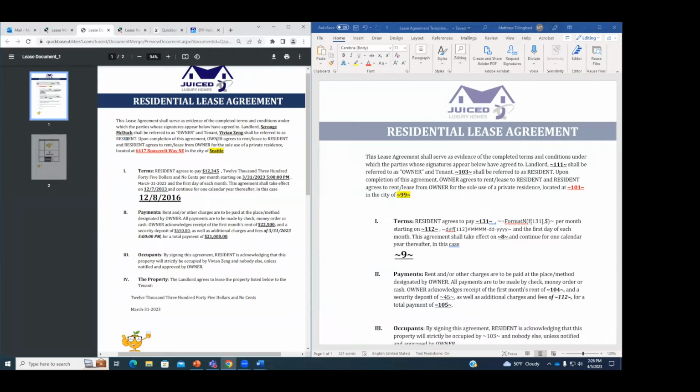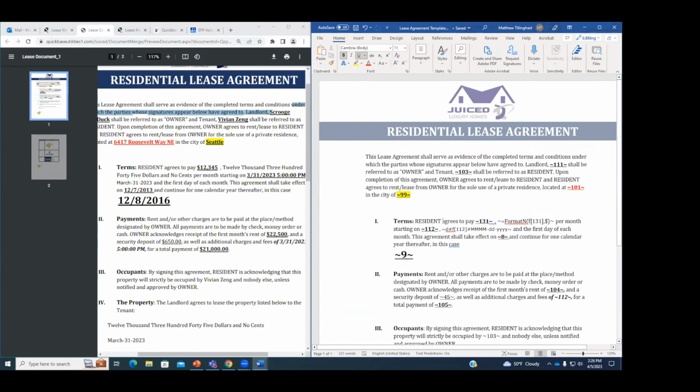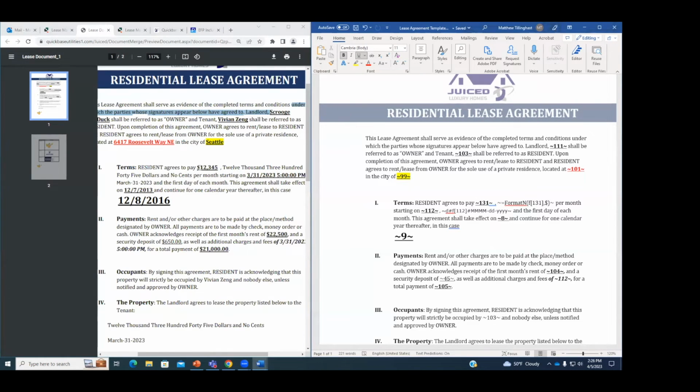Thank you. So yeah, here's just a quick preview of it side by side. So you have our text, we have our underlined and bolded text, that's our field 111 there. We have our 103, which is a name field. We have 101, which is our address. We have the address in red. We have the city highlighted, looks great. We have our resident. So we then agrees to pay the